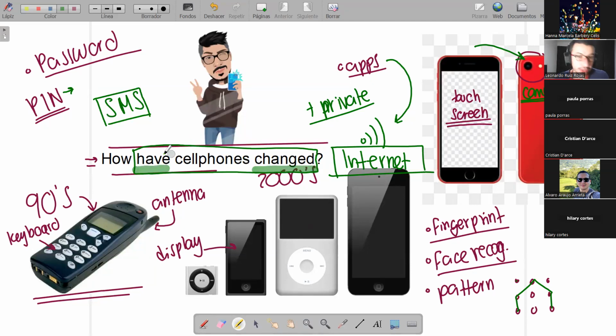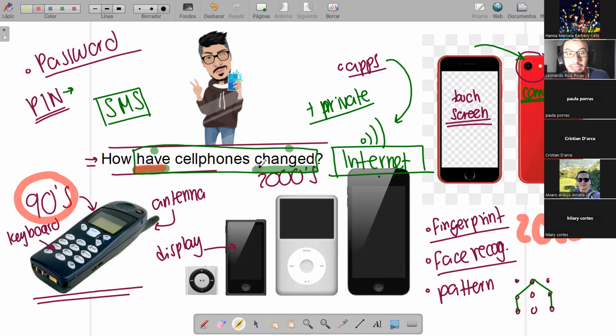Yes, I use have and the verb in past participle because you know that we have to talk about an activity or something that started in the past, in the 90s, but nowadays in 2023 we continue talking about the cell phone. So it's something that is not finished, algo que no ha finalizado. So that's why we use the present perfect. Ya que usamos present perfect.